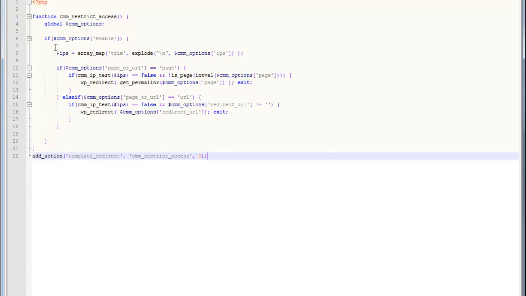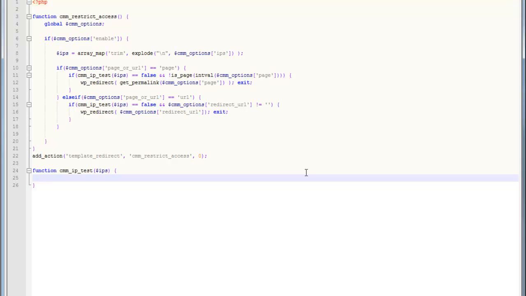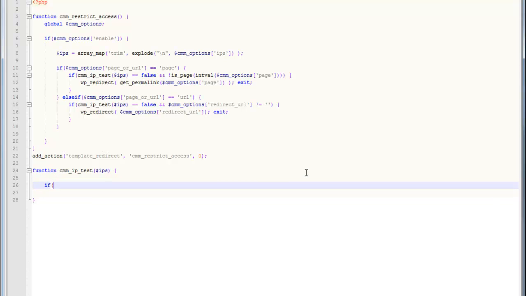Now, this function is going to run every single time your page is loaded, and technically it will now work, with the exception of we don't have our IP function yet. So let's write our IP function. This function is cmm_ip_test, and it accepts the array of IPs. And now this function is really simple, and all we do is this: if not in array. So remember that our IPs are being passed as an array. Then we're going to use the